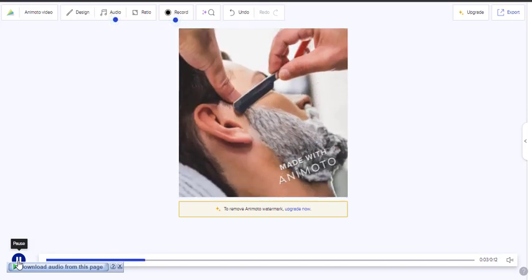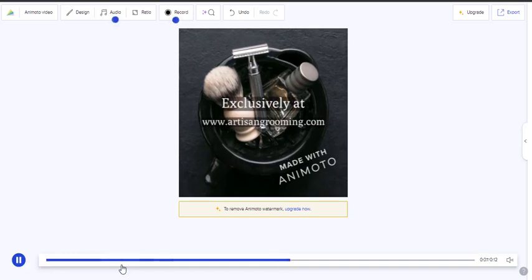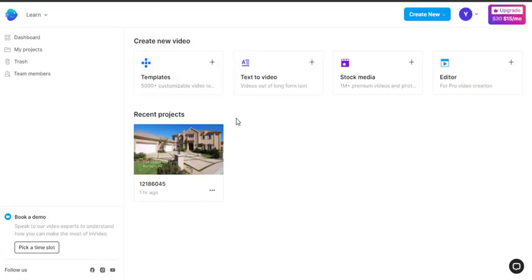Have you seen? Because it's a free version, you can see "made with Animoto" here. That's the disadvantage of this platform if you are using their free version, which makes me not really want to use them. But we're starting with it. So if you feel like you can still use them regardless of the branding on it, you can go ahead with it. The next one you want to look at is